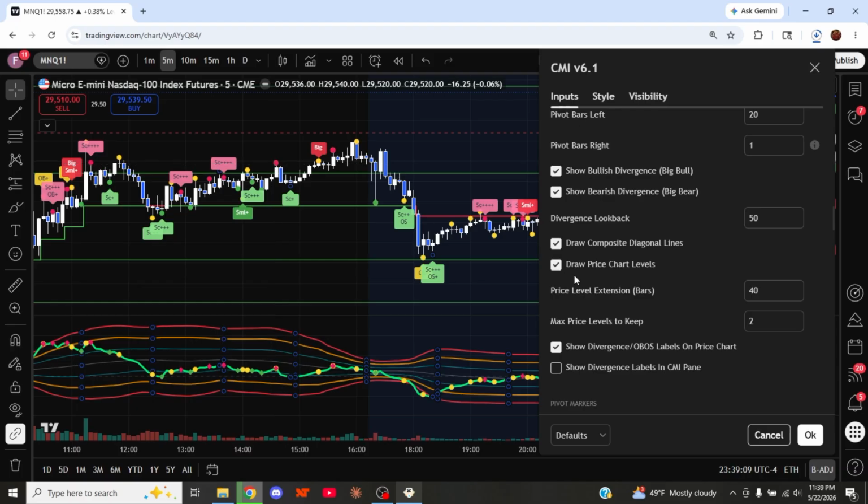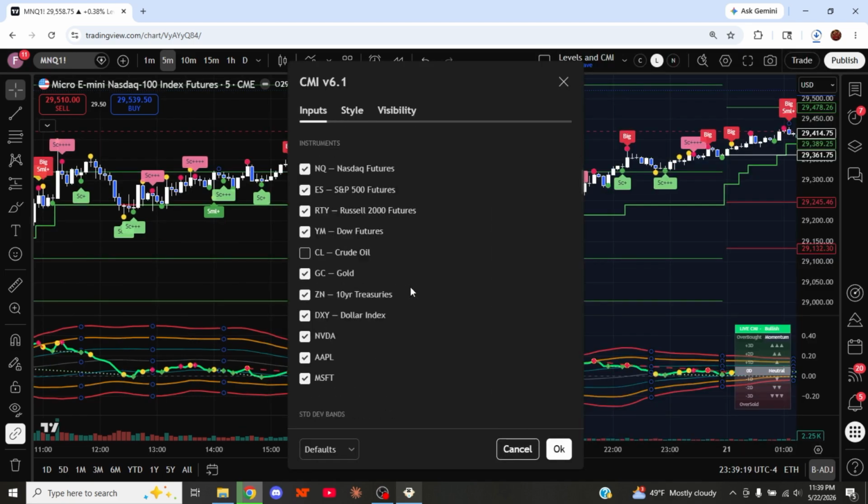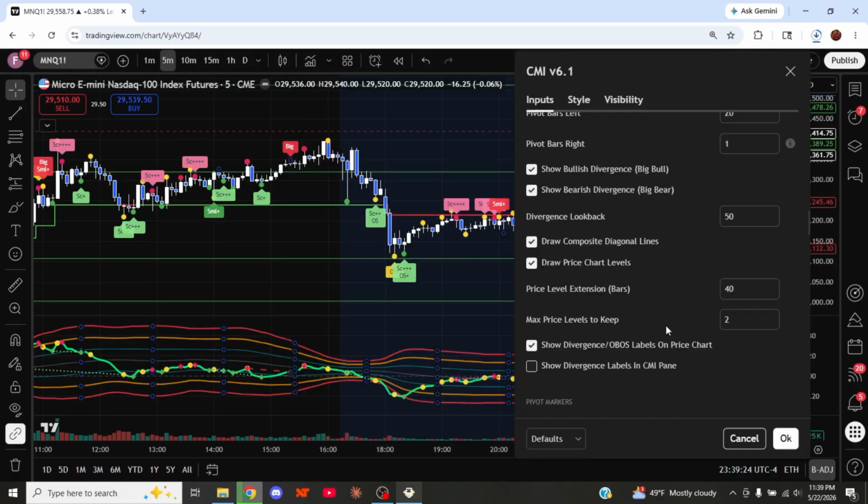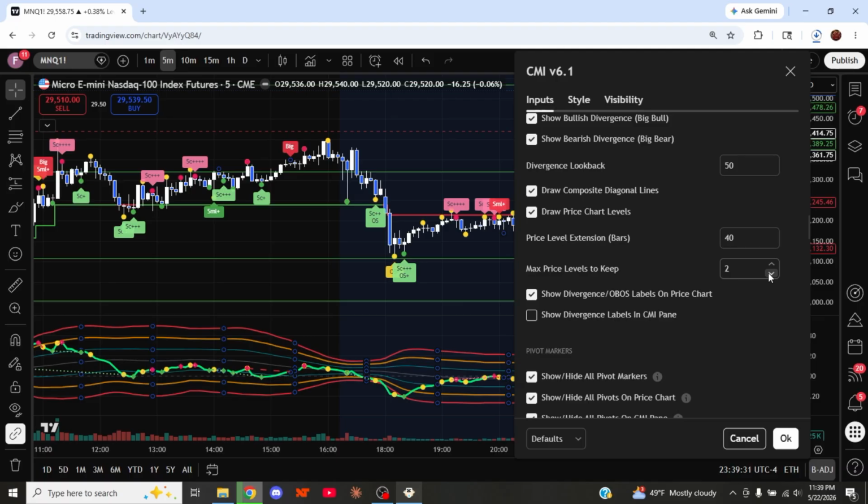Price chart levels, that is these dotted lines here. These are the ones that are support and resistance. I like to keep them on, but you can take them off if you want. I would suggest keeping them on and keeping max levels to 1 or 2. Honestly, 1 is probably good. I don't mind 2, but